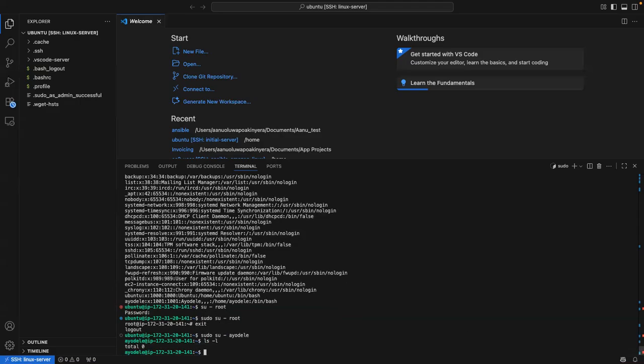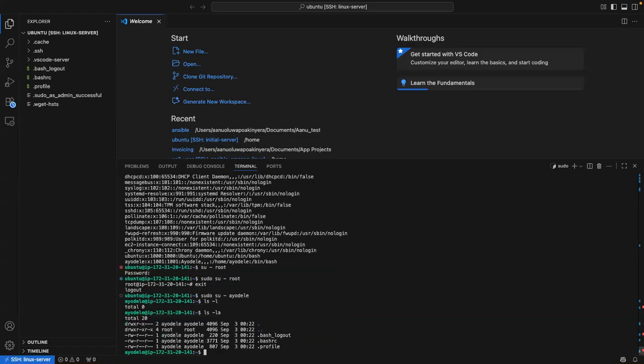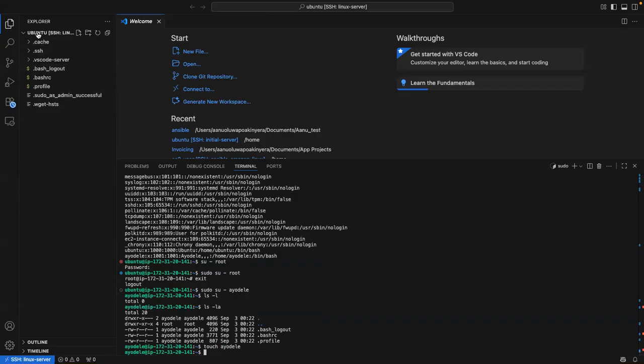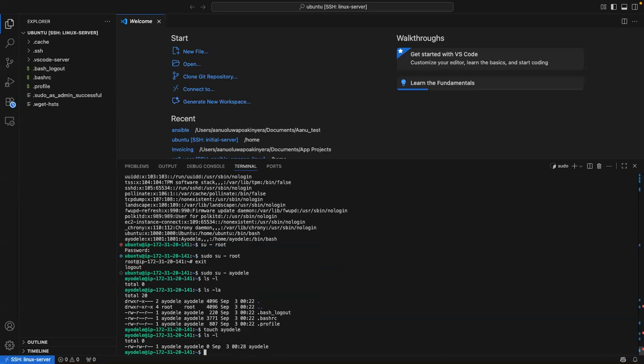Ayodele can run a couple of commands, ls -la, right? Ayodele can run touch Ayodele. You wouldn't see it here because you are the Ubuntu user. For you to see it, you have to do ls -l, and you see there's Ayodele here, right?